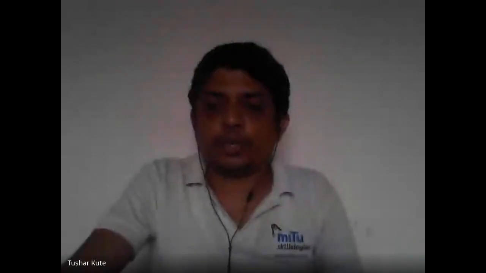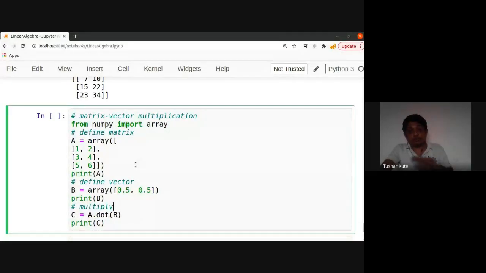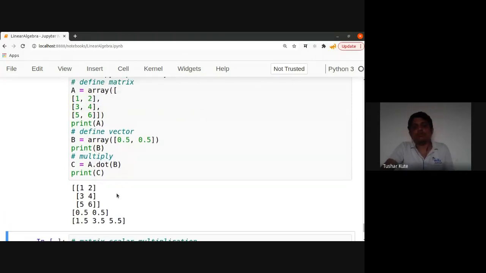So just a minute. To do this operation we have the same functionality, so if I want to do this operation using Python, the same functionalities are preferred. You can just check it out. If I create a matrix of 1 2 3 4 5 6, how many columns? 2 columns are there, and I need to use the same number of elements in the vector, 0.5 0.5. See this 0.5 0.5, print B, and you can see we got the result. The 0.5 and 0.5 are multiplied with the columns, first column and then the second.